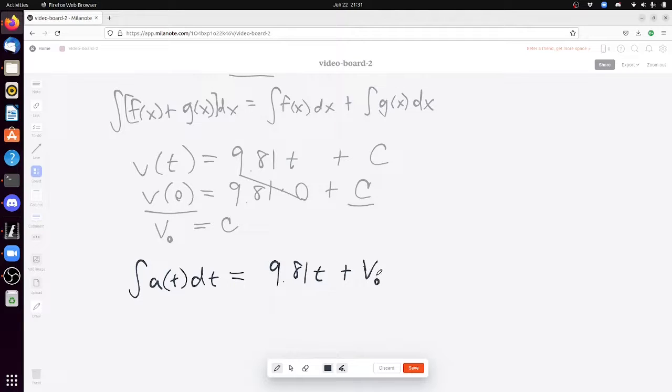So there we have that. And this is also going to be equal to our velocity function. So we have our initial velocity, what we start at, and then our velocity increases linearly. If our acceleration is constant, that means we have a